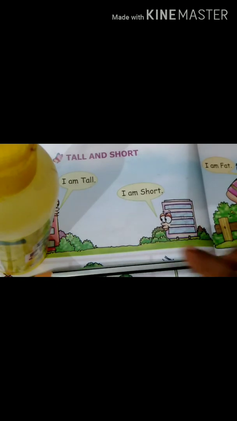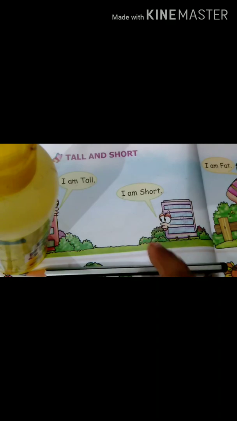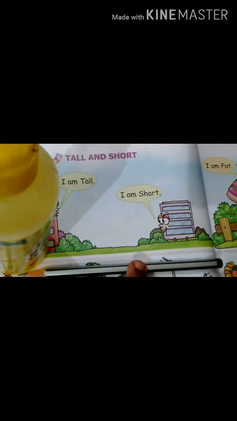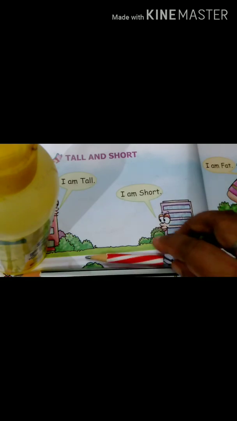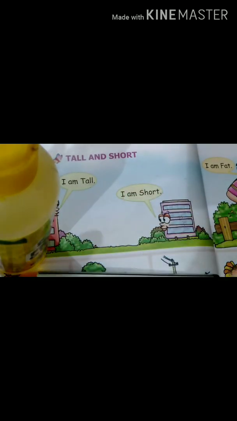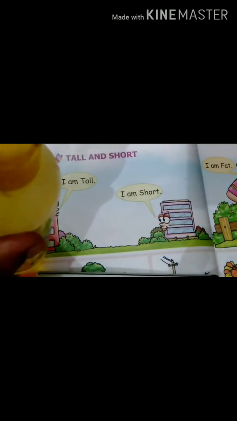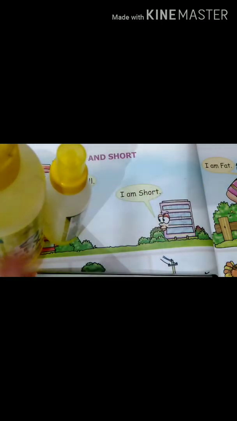So for the pencil, this is long and this is short, and this glue box is tall and this glue box is short.